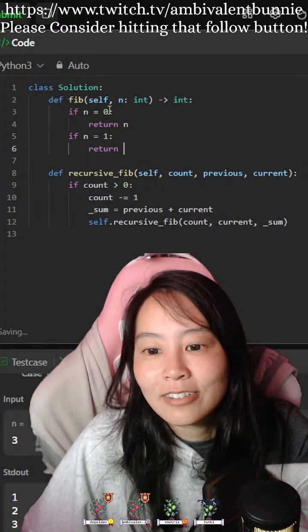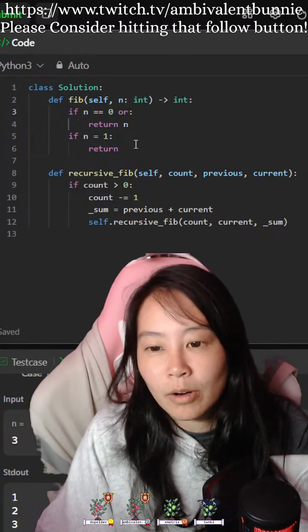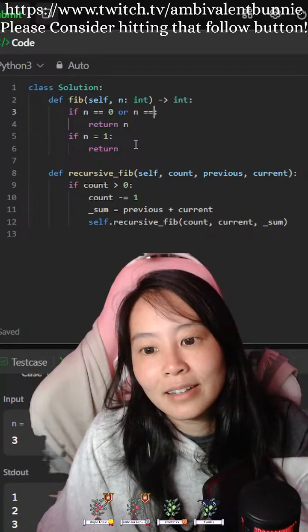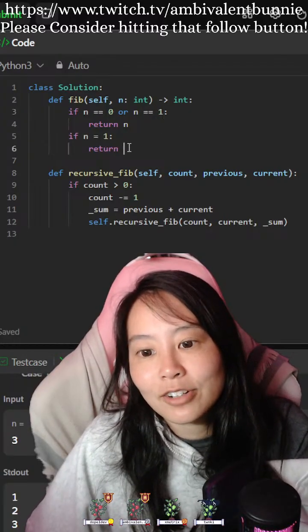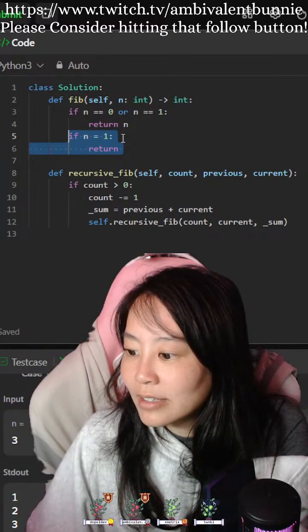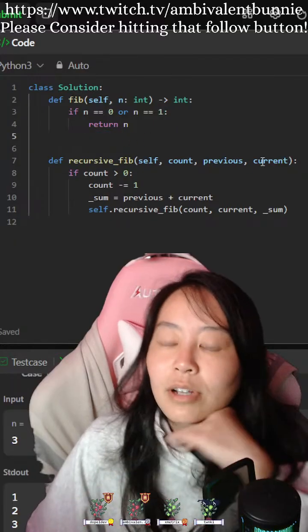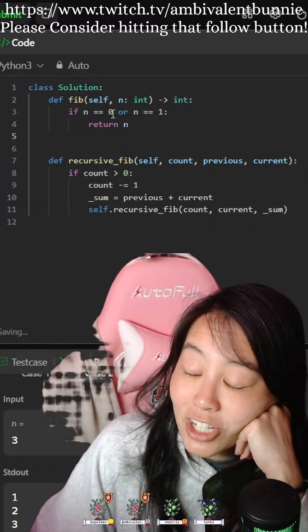Or n equals 0, or n equals 1, return n. Okay, so we got that. We got that. So we have that edge case.